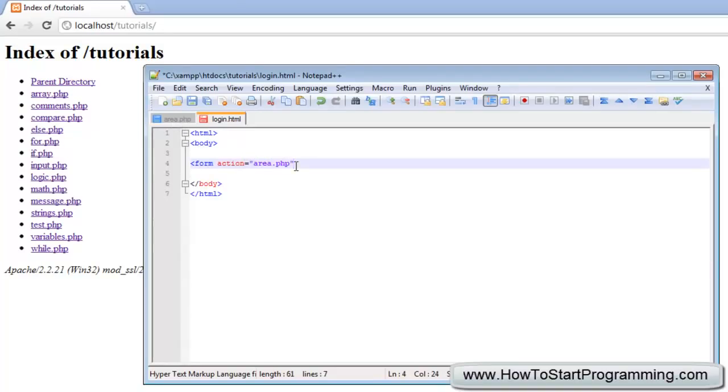So the action of this is going to send to area.php, and then this time the method is not get, it's going to be post. So we're just telling the form that the method is post, and then the action is area.php. Then we need to